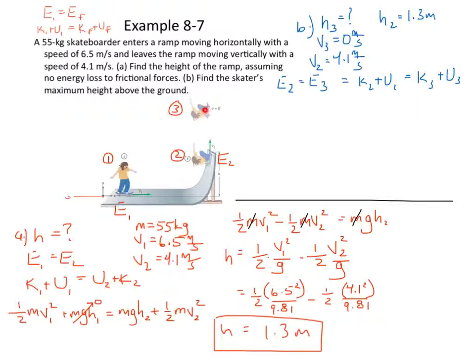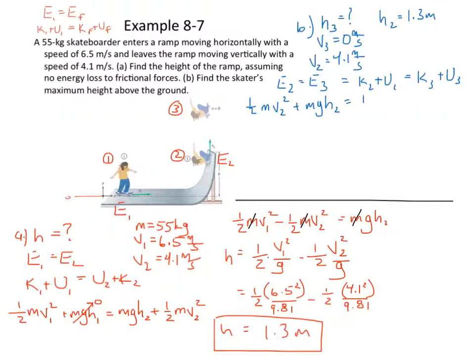So, kinetic at 2. So we've got 1/2 mass, velocity at 2 squared. By the way, I'm taking this and kind of moving it, shifting it down here. Plus, what's the potential at 2? The potential at 2, that's mgh at 2, right? And they do have some potential energy because they're starting part way up the ramp right there, or at the top of the ramp. All right. Equals